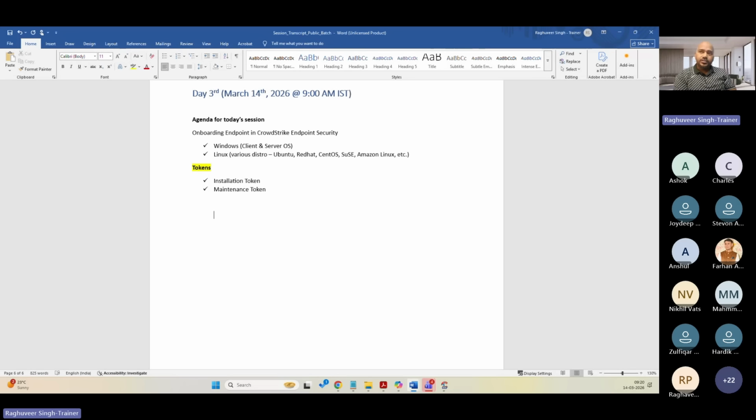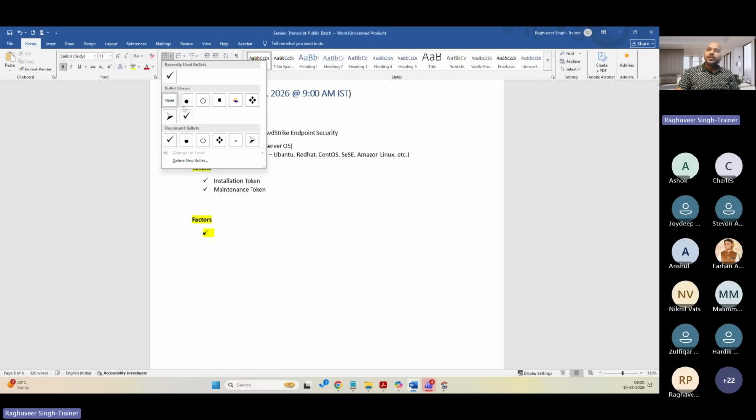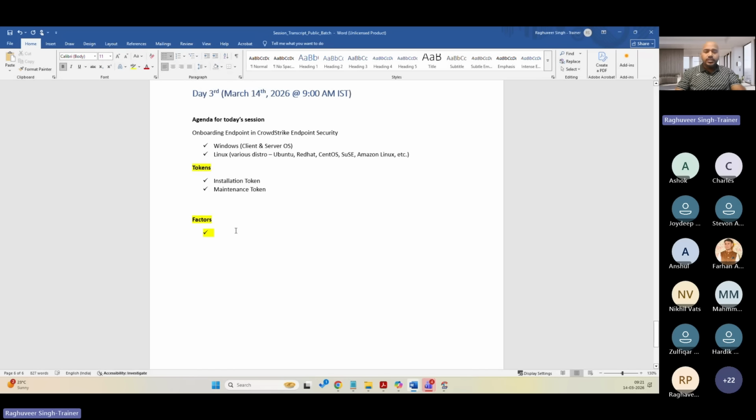So there are multiple industry verticals. Now, how do you manage this? At the end of the day, as I informed you the other day, we have certain factors that need to be taken into account. So what are these factors? When you design an endpoint security solution for a customer, you take into account certain factors. Now, these factors are